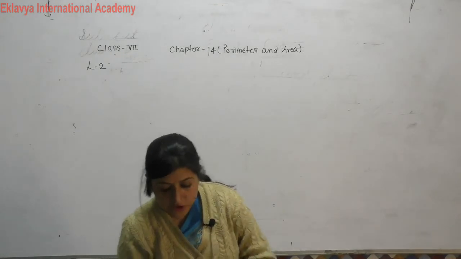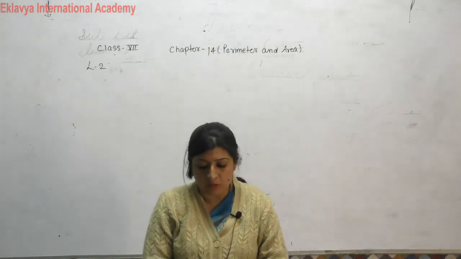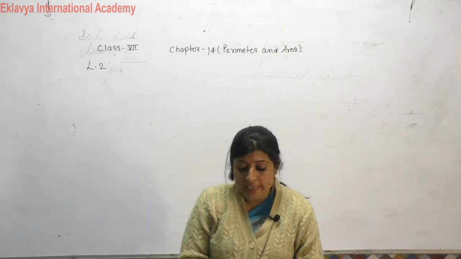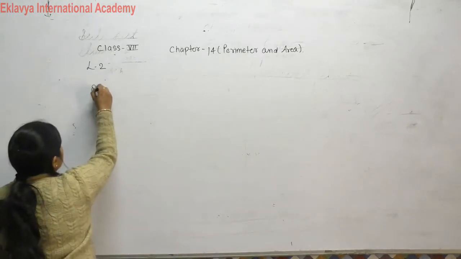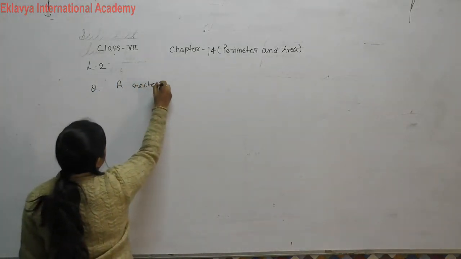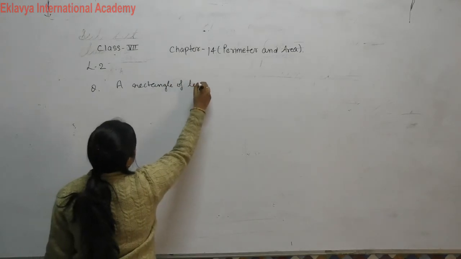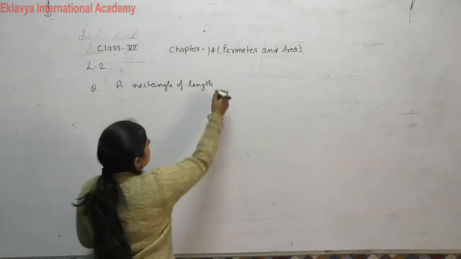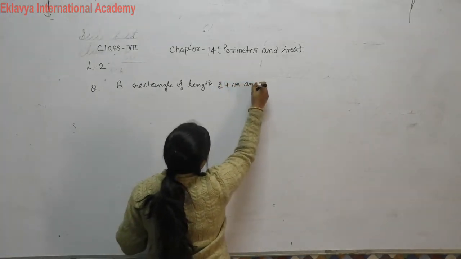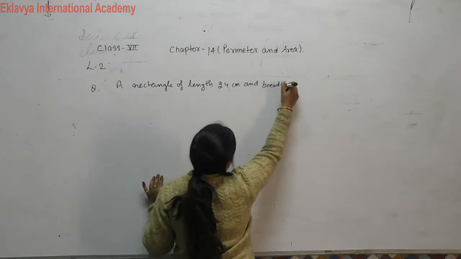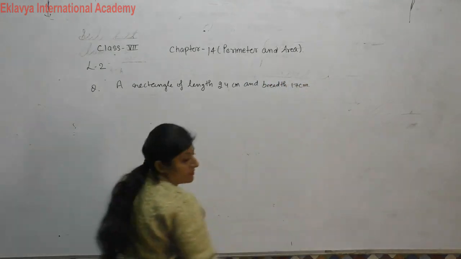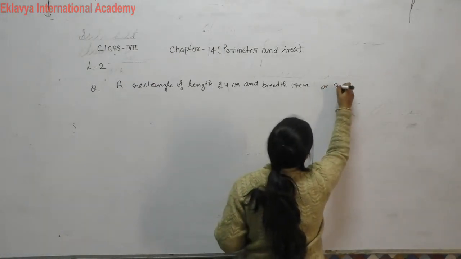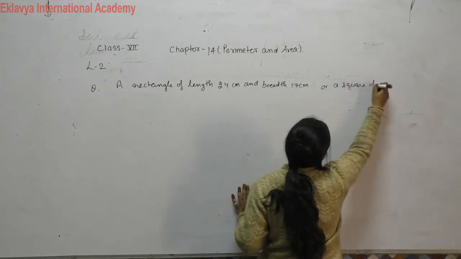Question number 6 is which of the following has a larger area and by how much? इनमें से किसका एरिया लार्जर है और by how much? Your question is a rectangle of length 24 centimeter and breadth 17 centimeter, or a square of side 21 सेंटीमीटर।